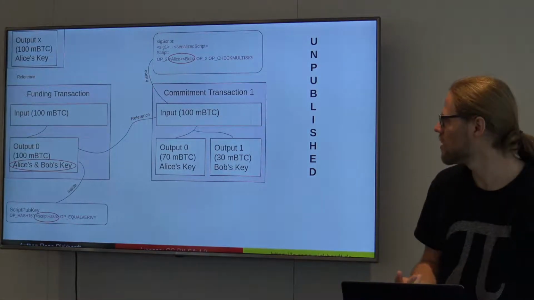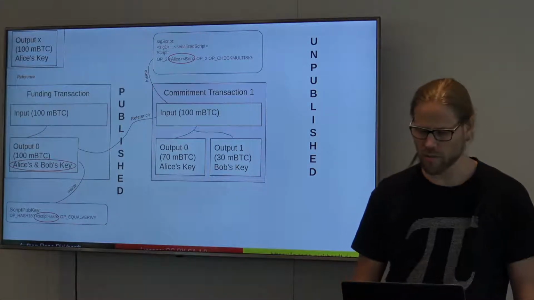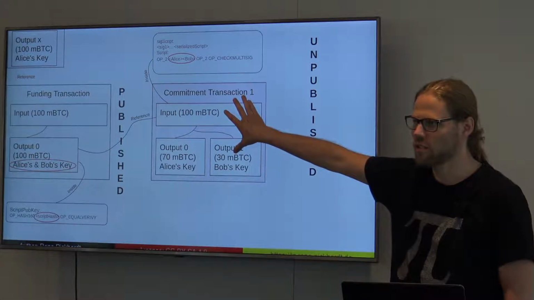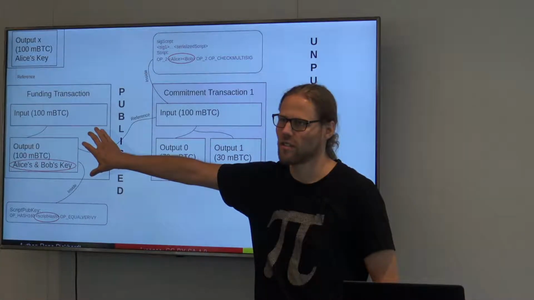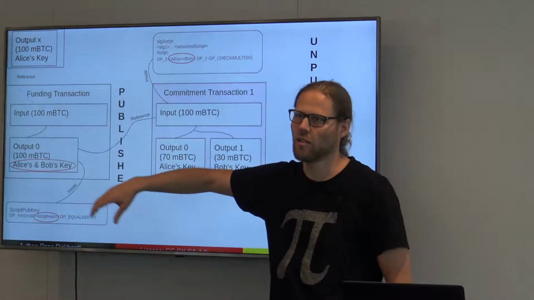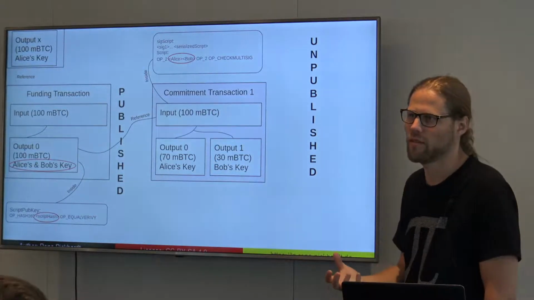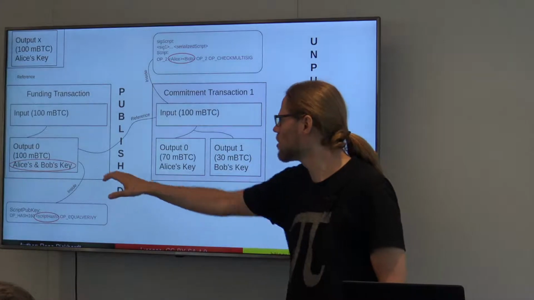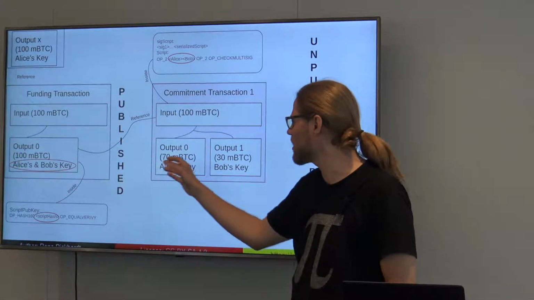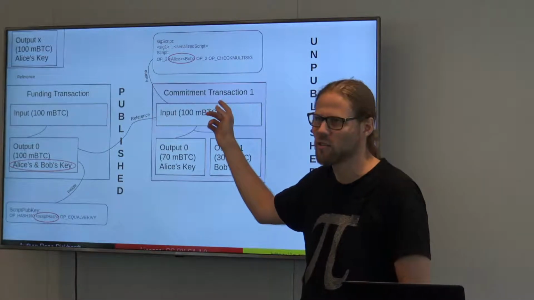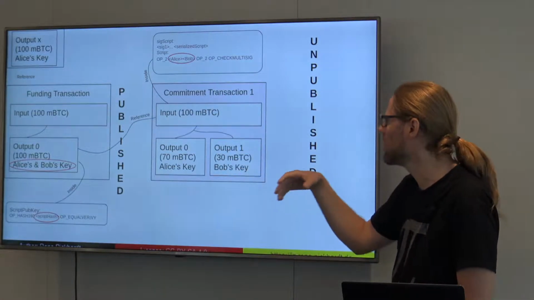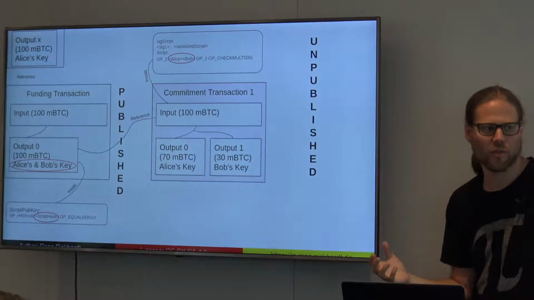Once we have signatures for the commitment transaction, this transaction can be published. Right? Because now it's safe for Alice to publish this one. She knows she can always get her amount of Bitcoin back because she already has a signed commitment transaction, and she doesn't need Bob at this point in order to do something.